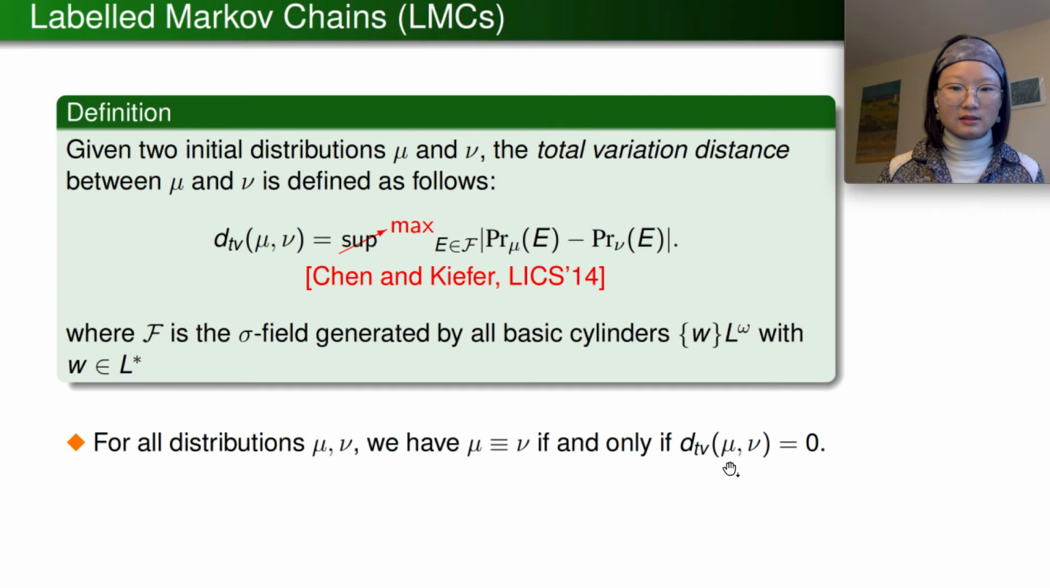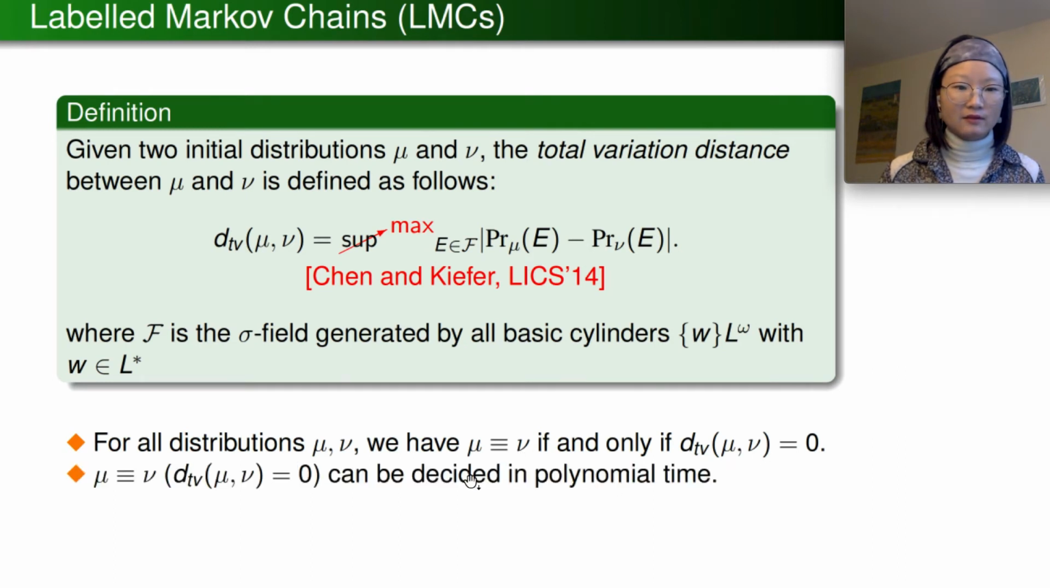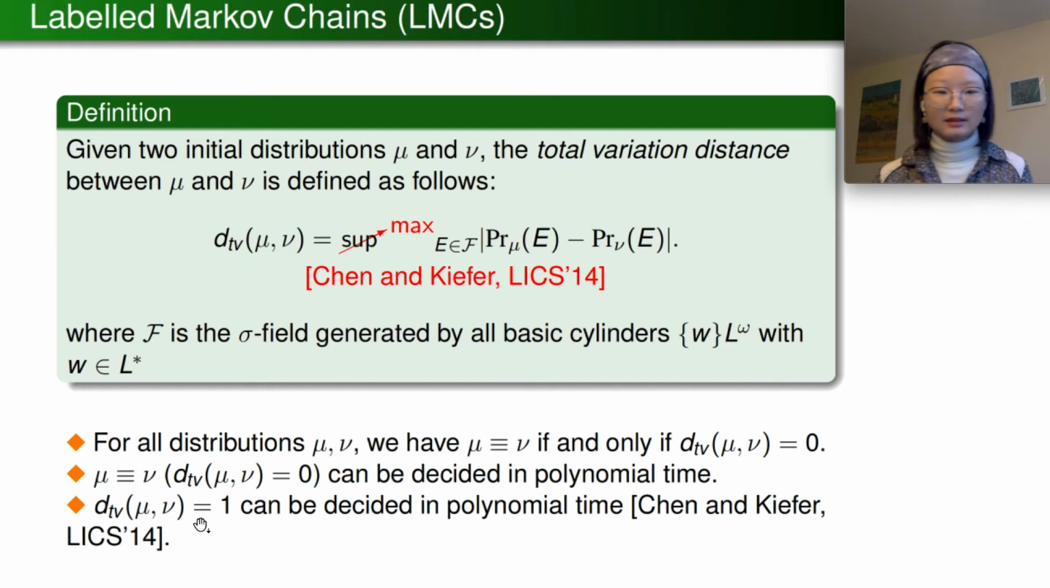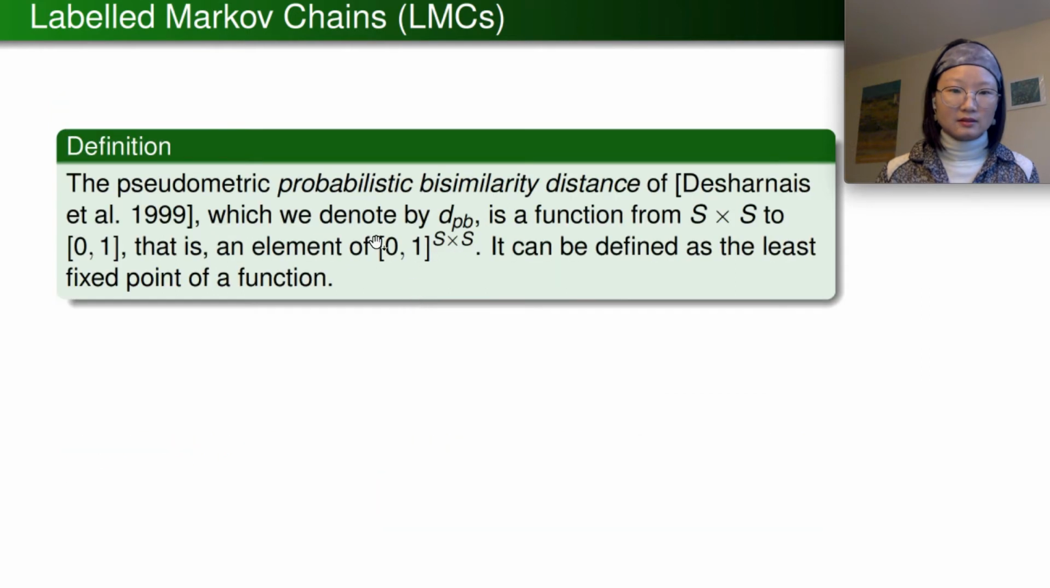Total variation distance 0 is equivalent to trace equivalence. Furthermore, total variation distance 0 can be decided in polynomial time, and there is a polynomial time algorithm to decide total variation distance 1. The distance function induced by probabilistic bisimilarity is called the probabilistic bisimilarity distance, denoted by d_Pb, and